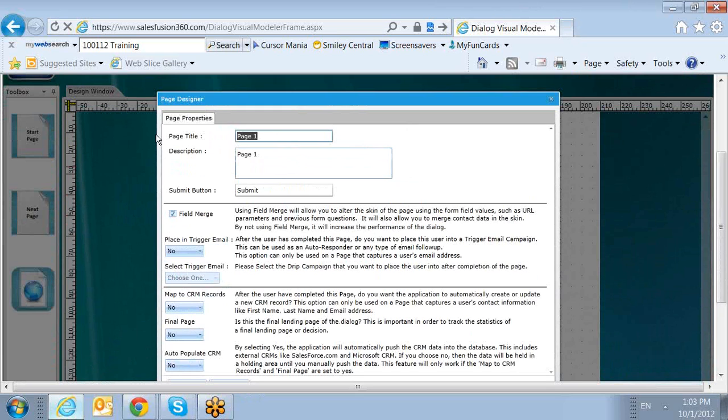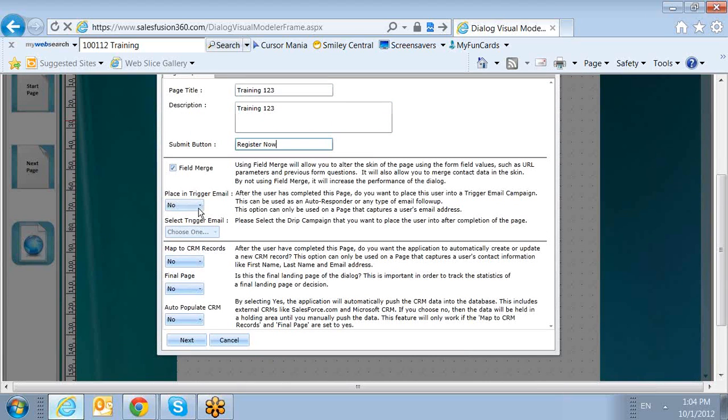So let's change the page title. We're going to call this Training 123. Of course, you can put in a more in-depth description. And what do you want the Submit button to say? I'm going to say Register Now. Field merge still an option. Do you want to place in a triggered email, yes or no? If you say yes, then this becomes enabled for you to choose your trigger. Map to CRM, yes. Final page, I'm going to leave as no because I'm going to create a thank you